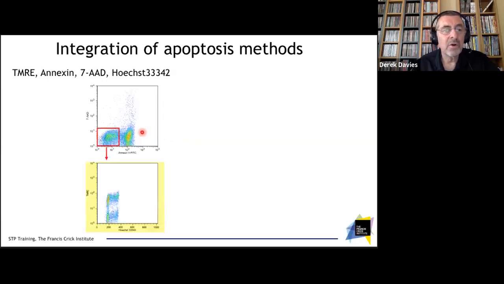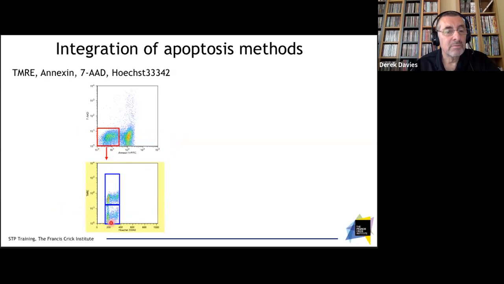So if I gate on my negative cells, so these are cells I would normally be calling live, if I look at the TMRE against Hoechst signal, I can see that in this population that looks like it's live by annexin staining, actually half of my cells have already lost mitochondrial membrane potential. And it's difficult to see on this plot, but